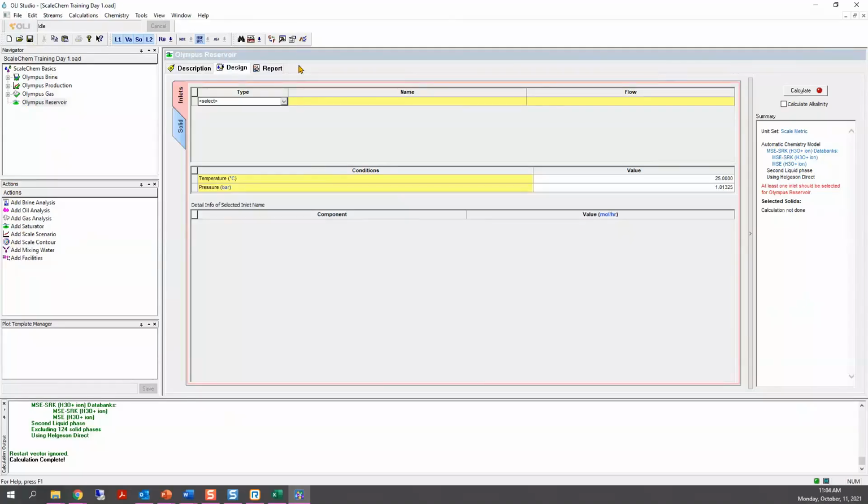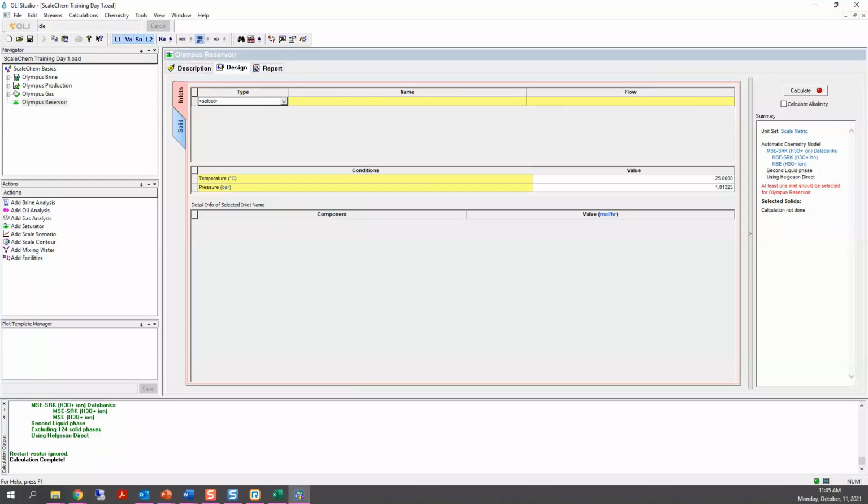Anna, just a quick one regarding the actual scale types, the all and expanded. If the inputs are there, will the model predict precipitation of normal or LSA type scales, radioactive isotopes, such as radium sulfate? You mean some other scales that are not the standard oil and gas scales? Yeah, naturally occurring radioactive material, things like radium, that sometimes co-precipitate with barium and strontium sulfate.